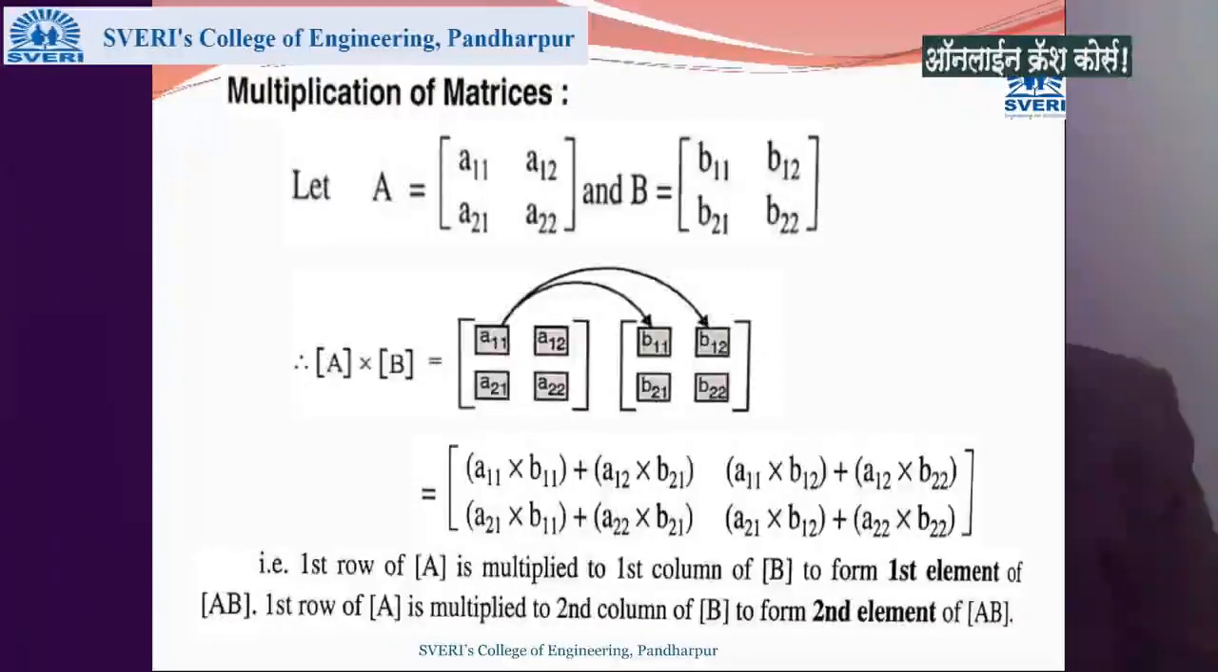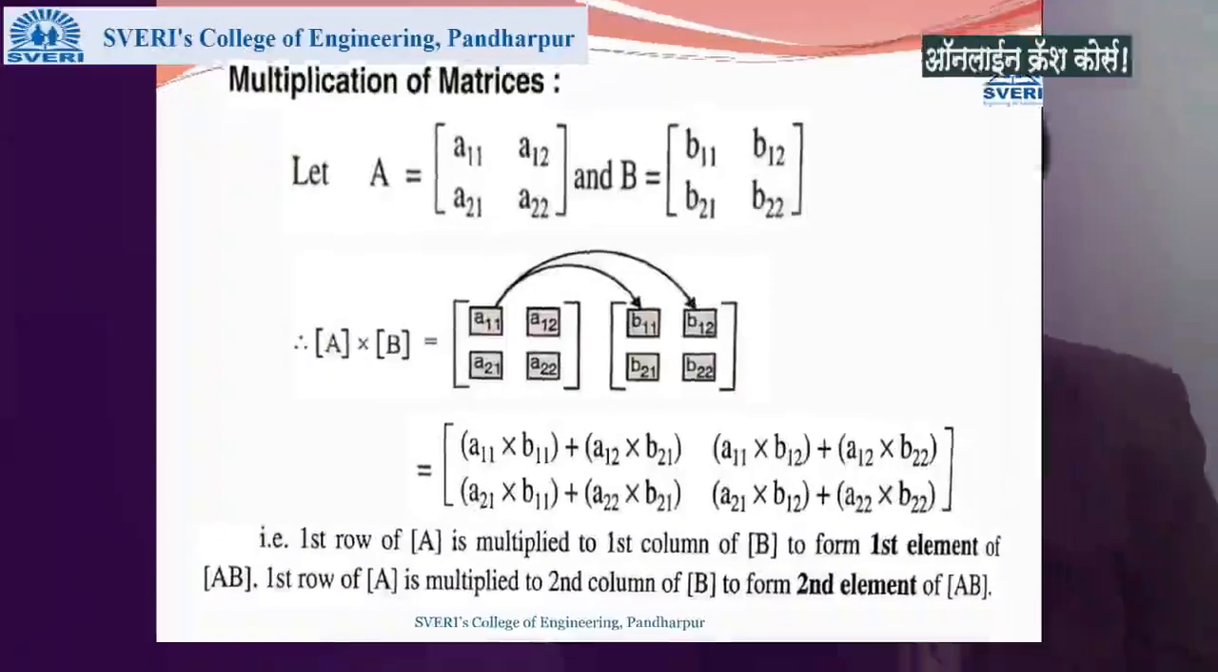R1, C1: first row, first column; first row, second column. Then second row, first column; second row, second column. Whenever we are multiplying any two matrices, we have to use this trick: R1 C1, R1 C2, R2 C1, R2 C2. Okay, so further,